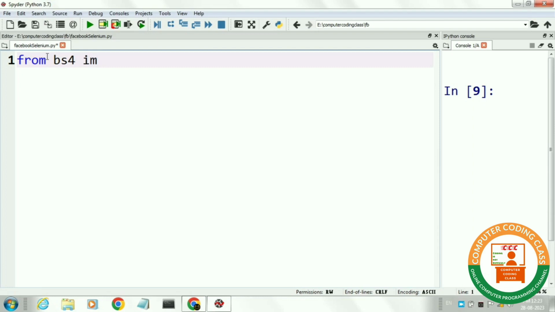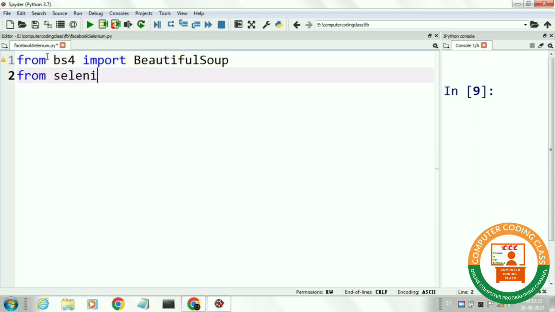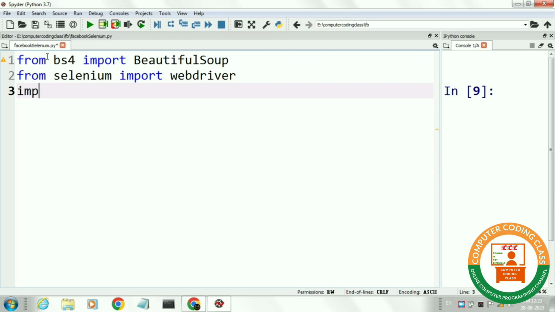Let's start coding. First of all, we will import all the necessary packages. First we are importing Beautiful Soup. Next we will import the WebDriver class from the Selenium package, and then we will import the Time package.